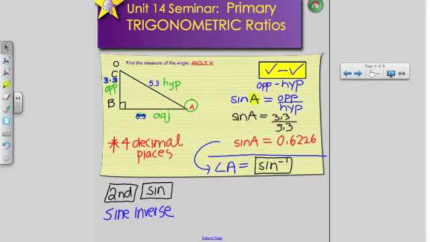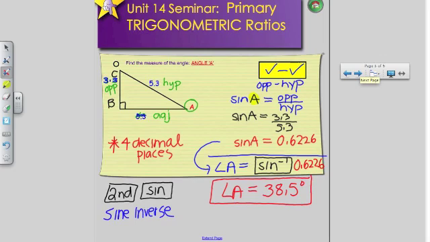So if I punch in second function sine, I get the sine inverse on my calculator, and I type in 0.6226, this number that was right here, you're going to get an answer for the angle measure. Angle A is equal to 38.5 degrees. So that's how we move from the sine ratio to the measure of angle A, okay? It's very, very important when you're doing your homework, when you're doing your test, draw a little rectangle